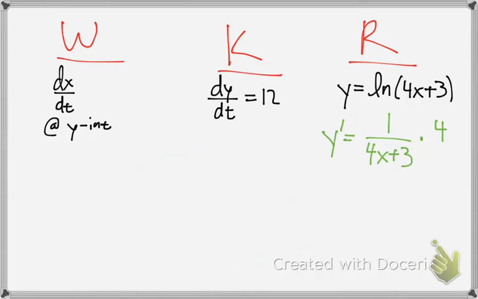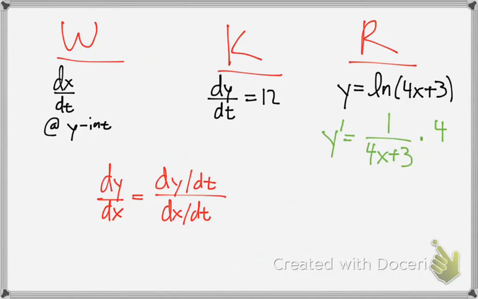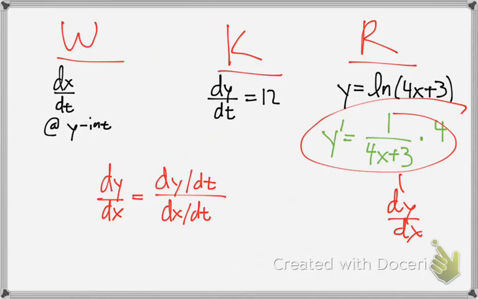So what do we know about differentiating? Well, we know that the slope, or dy over dx, if you go back to parametric, it would be dy over dt over dx over dt, right? So we have our dy dx, this is our dy dx, right? That's the slope. Now what do we also know? Oh, look at that. That's dy dt. And look, this is exactly what we're looking for, right? So by plugging in what we already know, we will get,